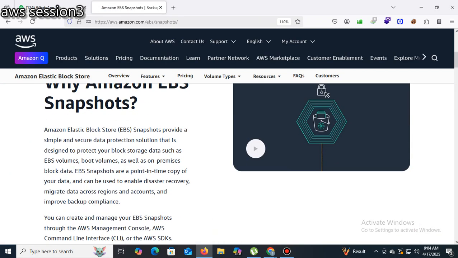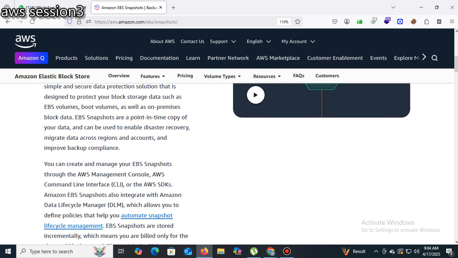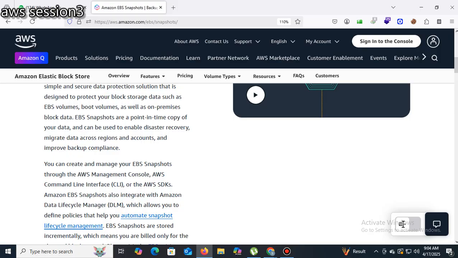Here, what is a snapshot? It is nothing but a backup. Backing up your data, backing up your OS, backing up your instance. A snapshot is nothing but a backup, taking a backup of data or of the OS, known as a snapshot.